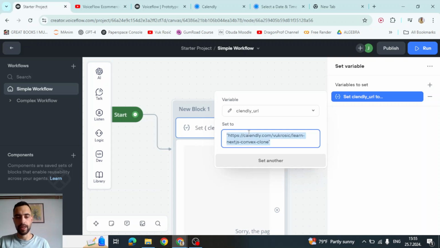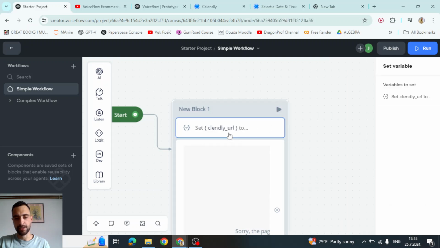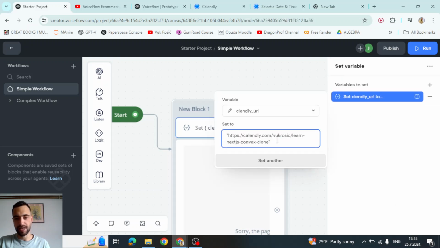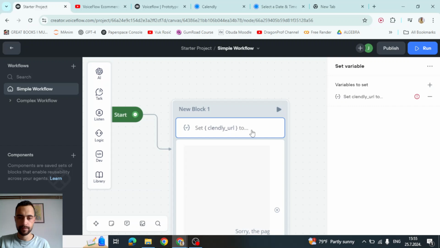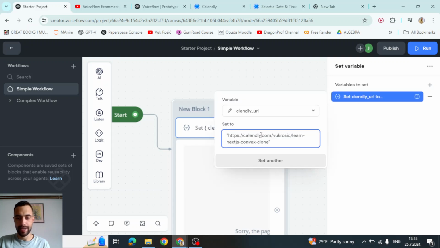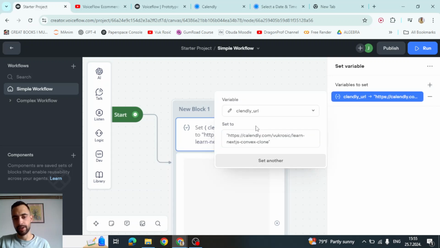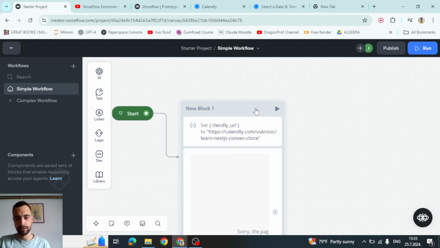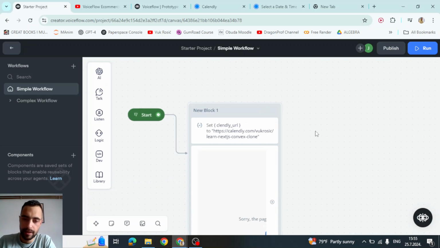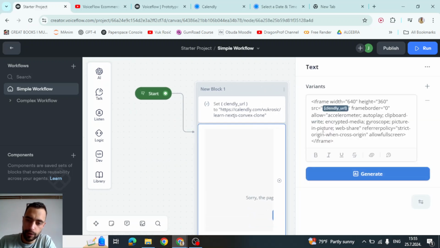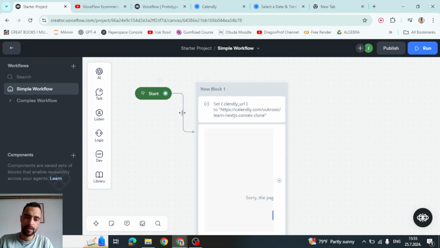Now I'm going to press Control A and Control C to copy everything, because there is some bug: if I move this away it will not be saved, so I need to do it two times. I need to paste it again, and then click somewhere here, and then it will be saved. So you need to do it two times, and then below, it should work already. So let me delete this path and connect to this block, and let's start,